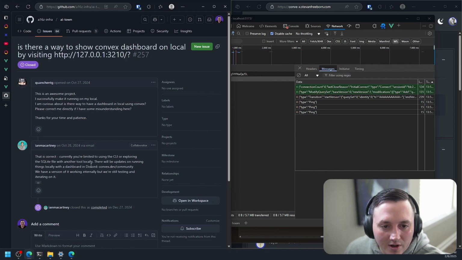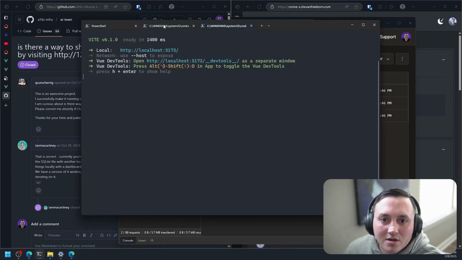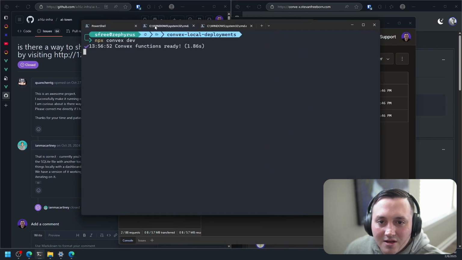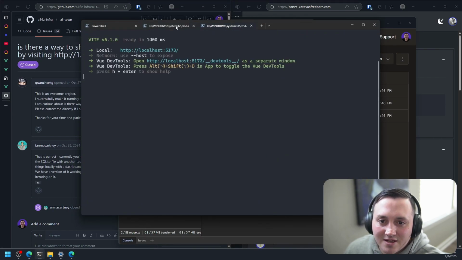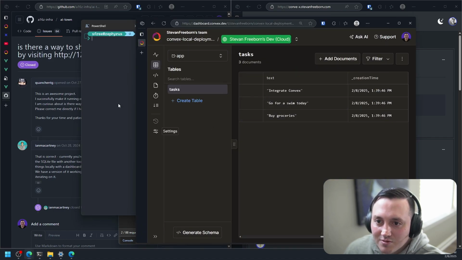Oh, okay, so you just have to use the dev command. So that's a little bit of a bummer, but I'm guessing that's going to change at some point, right? They'll probably have a way to expose that dashboard locally, because that dashboard's really pretty. I mean, that's a really nice dashboard.